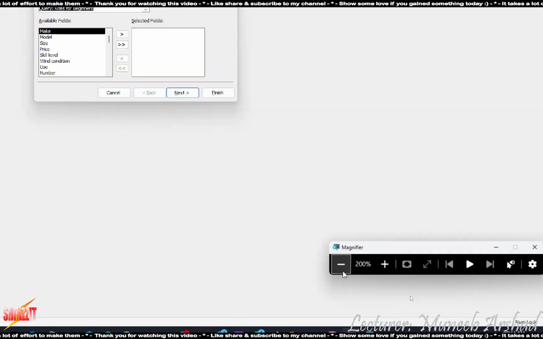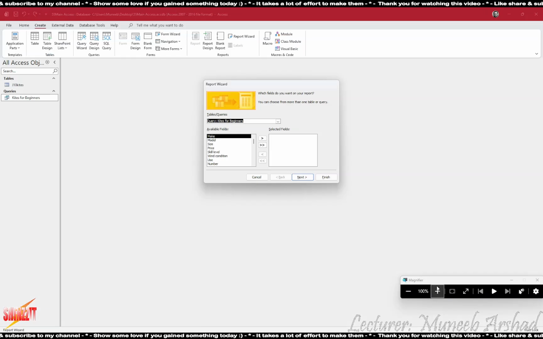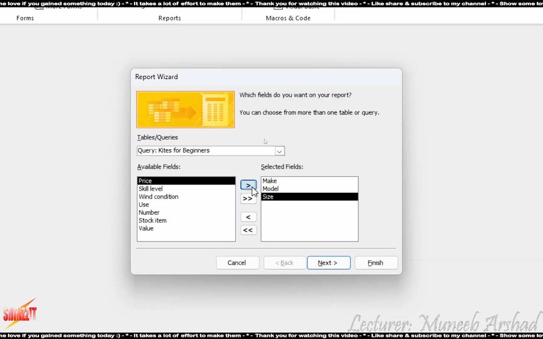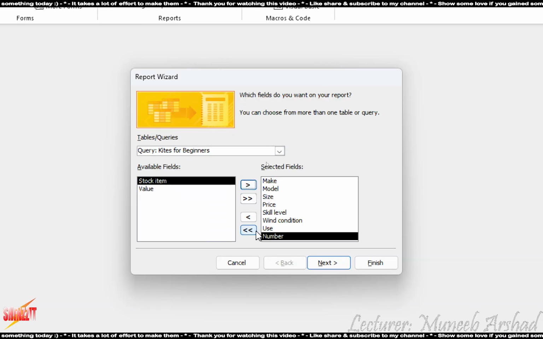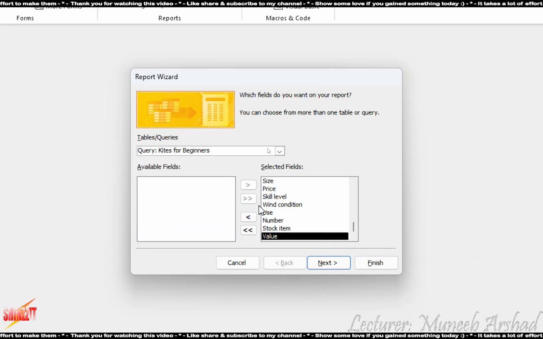Didn't they say produce a report based on all the fields? Right? So you need all of them. You can select the fields that you want one by one by clicking on this button, or you can also click on this button to add all of them in one go. See? So we need all fields.